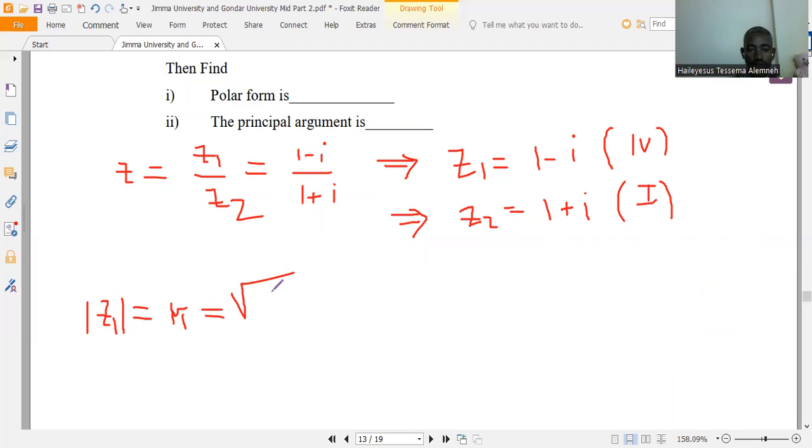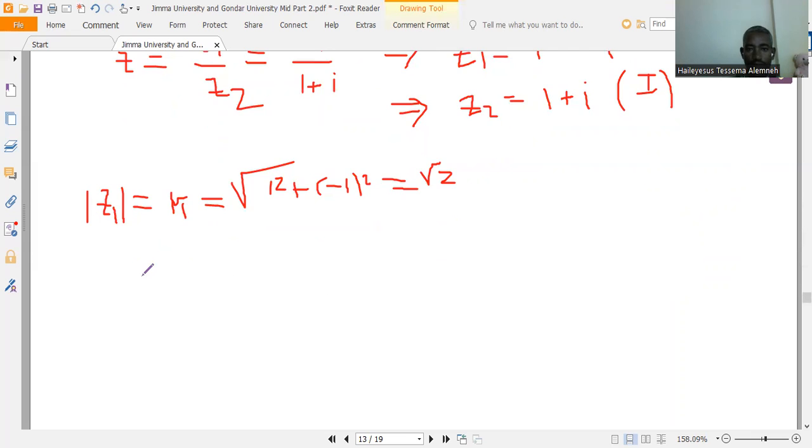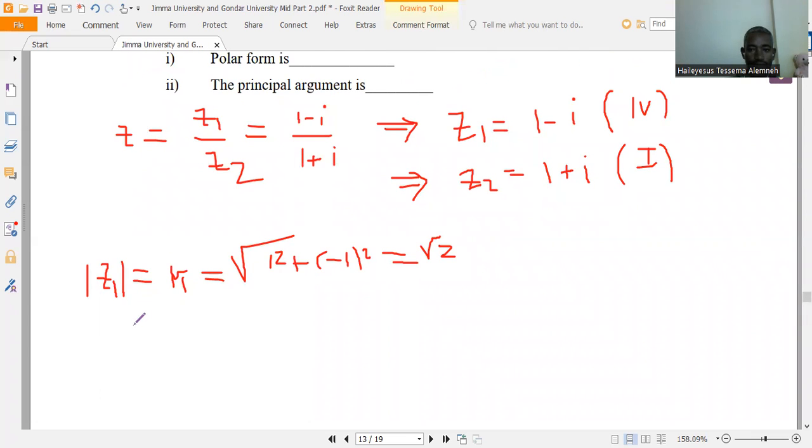root of 1 square plus -1 square, which is equal to how much? Which is equal to square root of 2. And the z1 ያለው ፎርዝ ኳድራንት ላይ ነው ያለው። ስለዚህ argument of alpha is equal to argument of z1